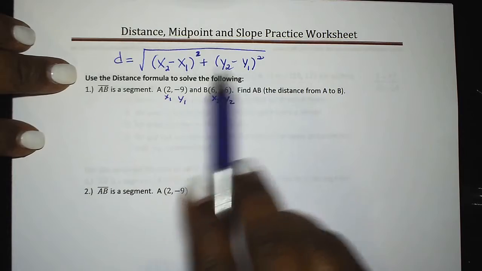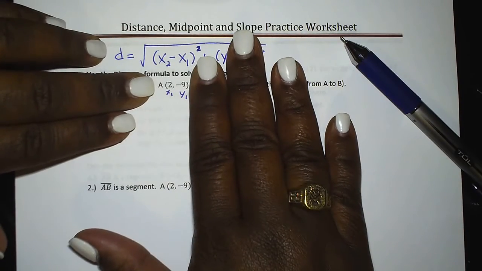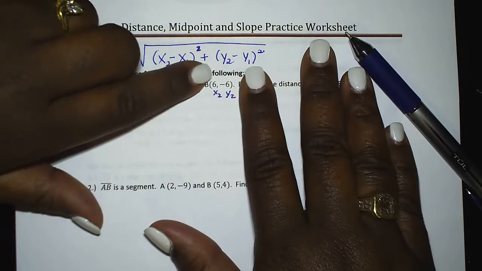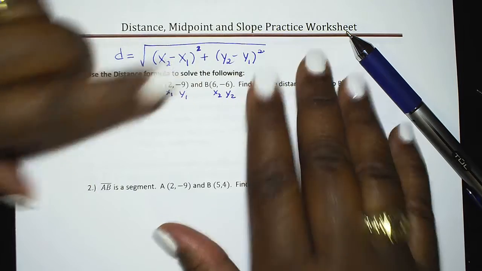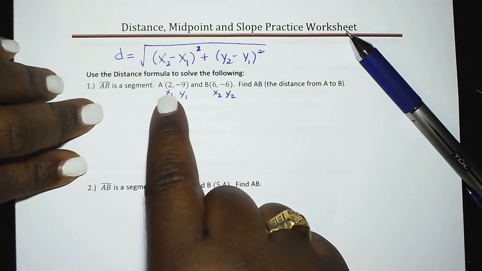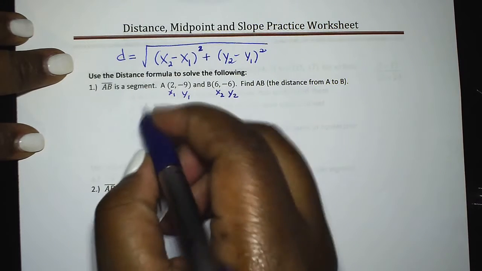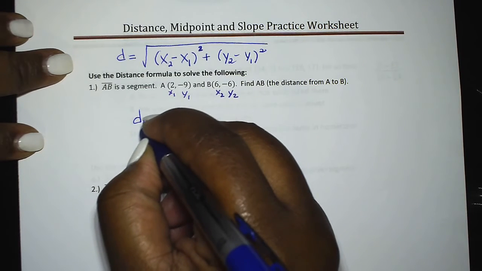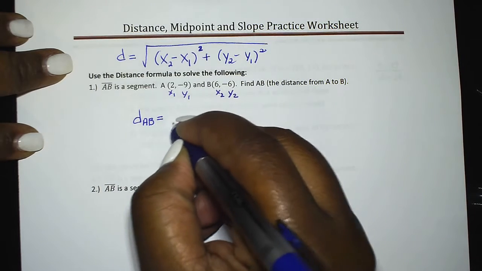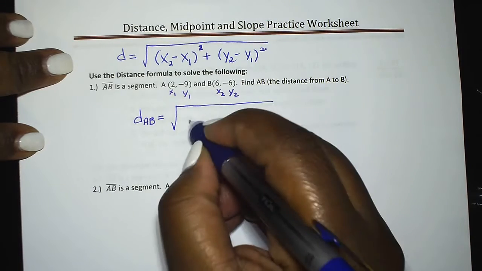The biggest mistake students make is thinking this is x1, x2, and this is y2 and y1. You have to use the portions of each point. So let's find the distance from A to B. So the distance from A to B is going to be the square root of